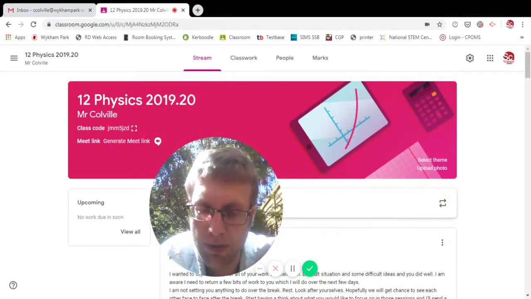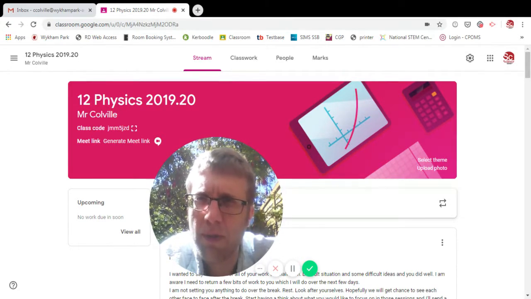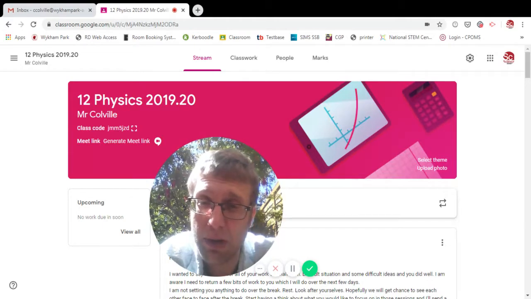Thursday's work, but I'll post it on Wednesday as usual, is actually what we call diagnostic questions. This is something we're trying with the GCSE students, but rather than being about content we have taught you, it's more trying to pick up common misconceptions, common mistakes that people have, their underlying physics ideas. So lots of multiple choice questions, give them a go, and then we'll see if there's any trends and anything we need to work on there.